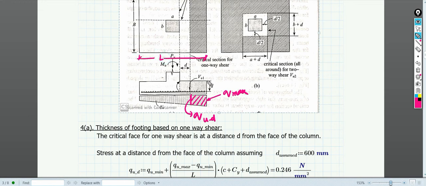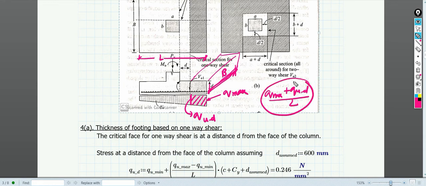So total shear force, if I want to find out, then if I draw the 3D view of it, it will be something like this, right? So what will be this width? This will be B, the width will be B, right? So you have to find out the average, that is Q max plus Q U underscore D by 2, that will be the average, into B into the length, this length, right? The total area, then only I can find out the total force V, which is acting upward.